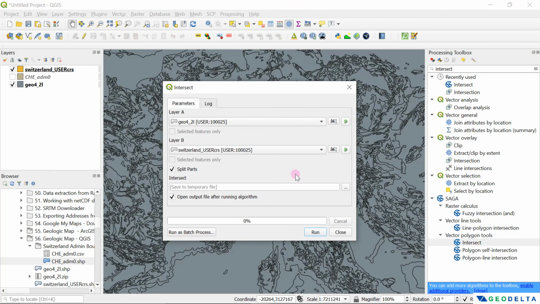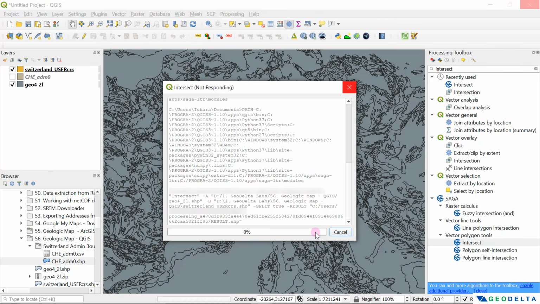Now you can save this to a file, or you can just let it run like this and it'll get saved into a temporary file. So that's what I'm going to do right now. Let's run this and save it to a temporary file. Typically, from my experience, it's going to take a couple of seconds, probably because of the complexity of the geological data shapefile. If you were dealing with just some simple shapefiles, it's not going to take this